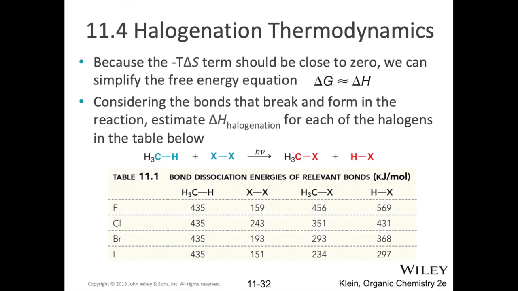All right, so for our enthalpy, we're breaking a carbon-hydrogen bond, and we're breaking a halogen-halogen bond. We're forming a carbon-halogen bond, and we're forming a hydrogen-halogen bond. Okay, so now compare the bond energies that we're breaking here. Imagine we're using methane as our example for our alkane. Notice that our carbon-hydrogen bond is the same for all of these reactions we're trying out. The bond energy that's required to break certain bonds, you can see